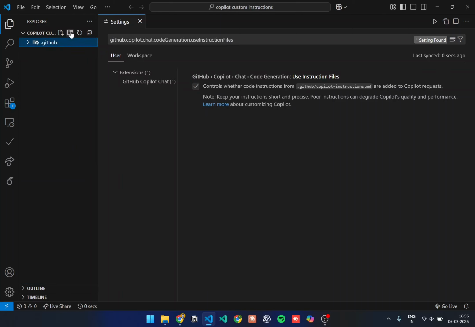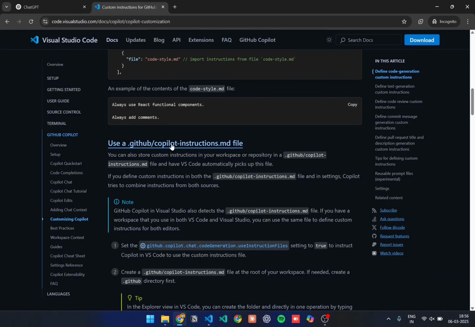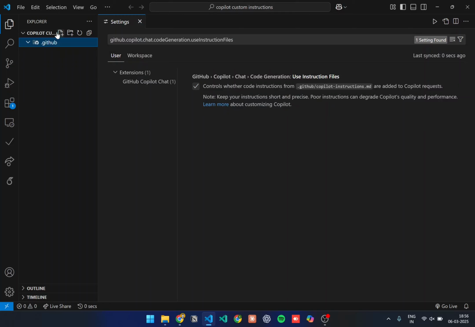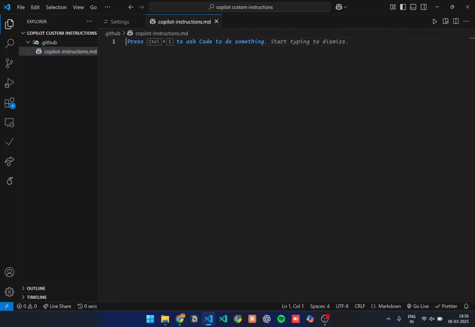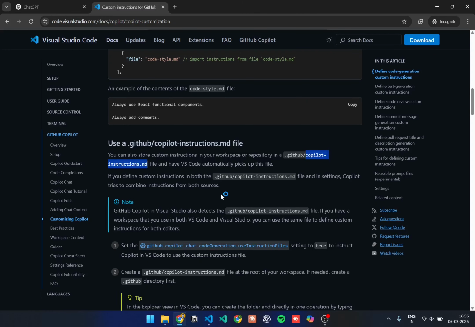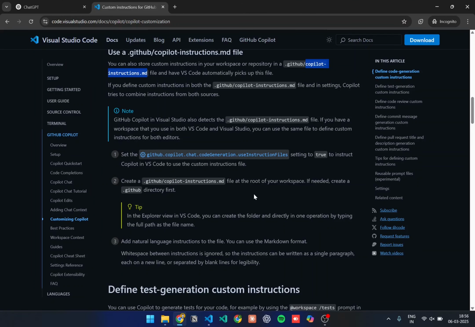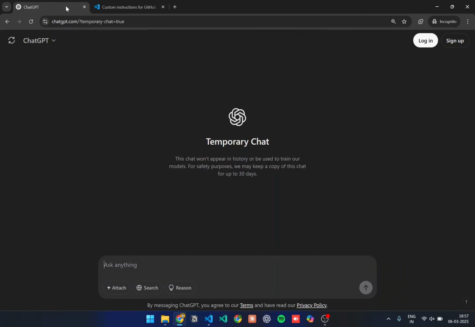Inside that folder, let me create the file named copilot-instructions.md. Okay, so I have created it. Here you can write normal or natural language instructions, using the markdown format. For the time being, we can just create a system prompt,